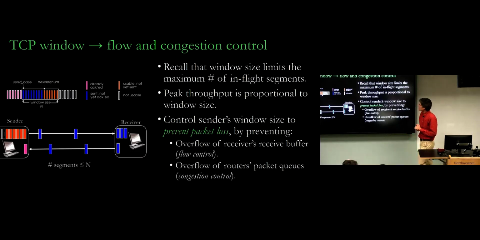Notice that the peak throughput is proportional to the window size. Assuming that the round trip time is constant, the amount of data you send over time depends on the amount of data you can have out in flight at a given time. Remember the example last lecture with the fast connection between New Jersey and California. When you were doing stop and wait, the throughput was terrible because there's only one packet in flight, and you multiply that by the round trip time, or divide it, to get the total amount of data. If you could put more packets on the wire in flight, then you get much higher throughput.